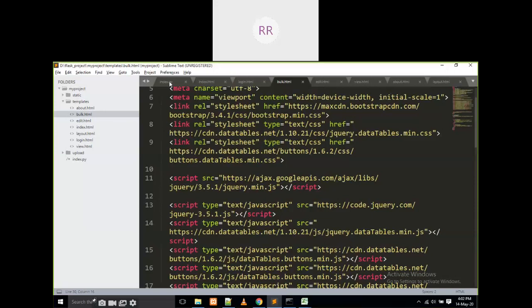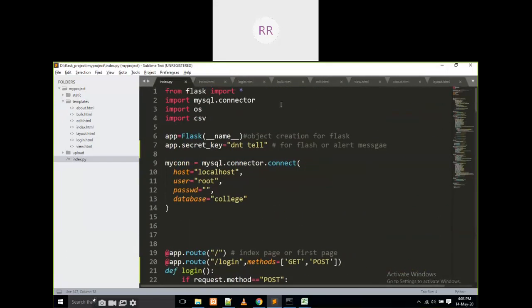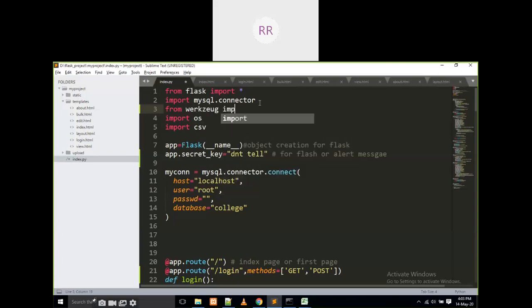In index.py we have to import one module for the file upload. So from werkzeug import secure_filename.